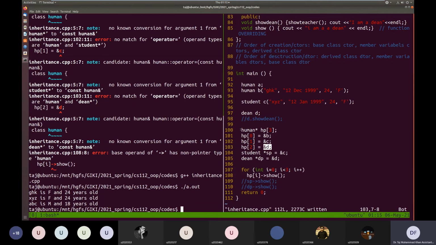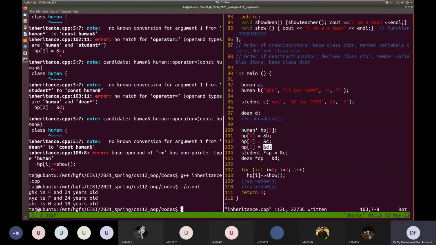Now, our intention usually is to call the latest function, the derived class function, because that was the main reason why we overrode that function, that we wanted to give new functionality for that function in the derived class. But in an array, the objects have to be of the same type. So pointers in an array can be only of one type, type human pointer. Because in C++, an array is always of objects of the same type.